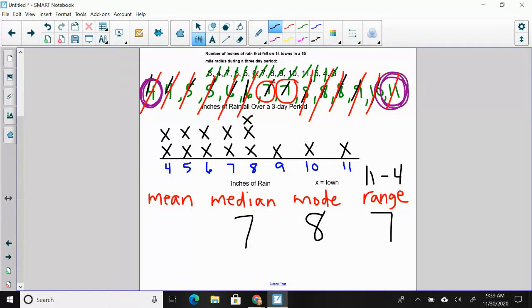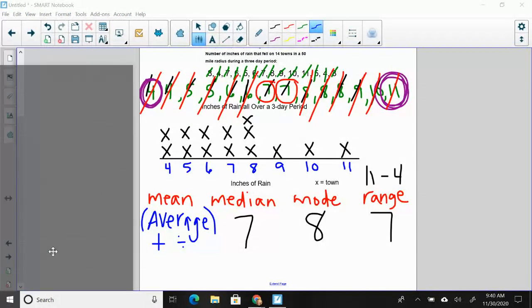Now, the mean is the average, okay? On average, how many inches of rain fell in those 3 days? So we're going to say the mean is the average. All right. And we have to do 2 steps to figure that out. We have to add all of our data points together, and then we have to divide by how many numbers we have. So I am going to bring up my calculator on this screen,